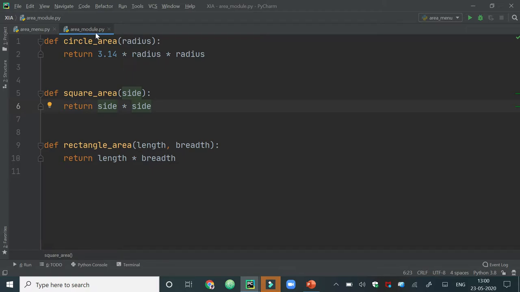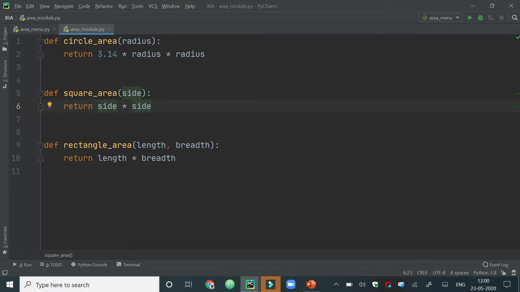It is visible here that this module is a Python file and it is saved with a .py extension. By definition, Python modules are collections of functions, classes, and objects. In this example, I have taken a collection of interrelated functions, which basically calculate the area of different geometrical shapes.